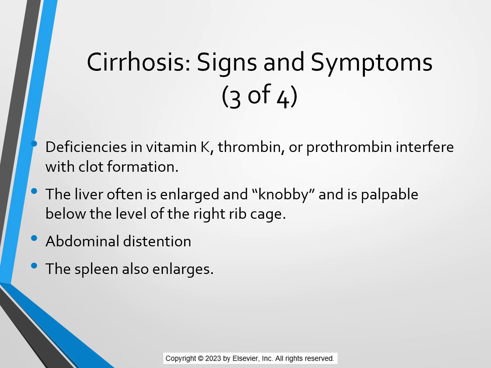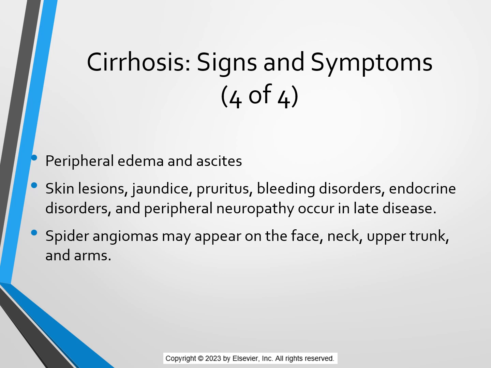Bleeding and bruising will occur due to deficiencies in vitamin K, thrombin, or prothrombin that are interfering with clot formation. Skin lesions, jaundice, pruritus, bleeding disorders, endocrine disorders, and peripheral neuropathy can occur in late disease. Spider angiomas, which are an abnormal collection of blood vessels under the skin, can appear on the face, neck, upper trunk, and arms. Urine may become dark and foamy, and stools will turn clay-colored, indicating that bile is not reaching